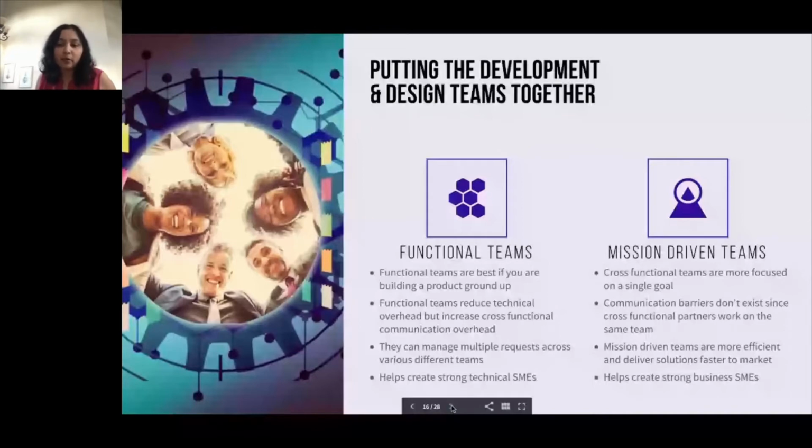And the reason for this composition is really simple. If you're building a platform which is very tech heavy, the structure of functional teams provides the most efficiency because the balance is tipped more towards engineering. You need that team to be focused on that one problem, and there are a lot of technical decisions to be made. So you let that team focus, and there is one person normally interfacing with the stakeholders and bringing those requirements in. But otherwise, if it's a more balanced team, you have way too many touch points for one person to carry on. So it leads to more inefficiencies, and you're better off organized as mission-driven teams.